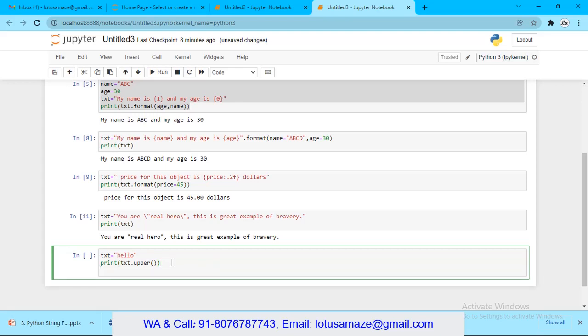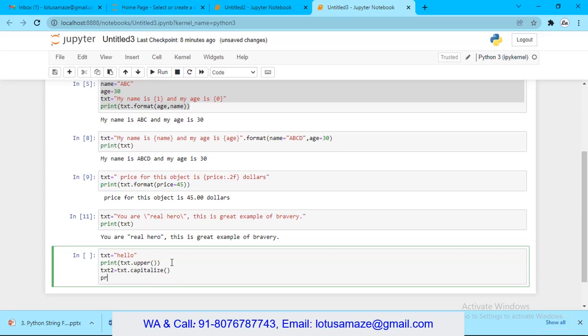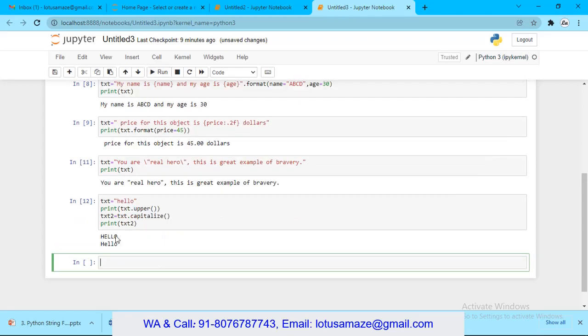Then suppose you want to convert only the first character to uppercase. In another string I am keeping txt.capitalize. This way txt.upper has converted it completely to uppercase, and txt.capitalize has converted the first character to uppercase.